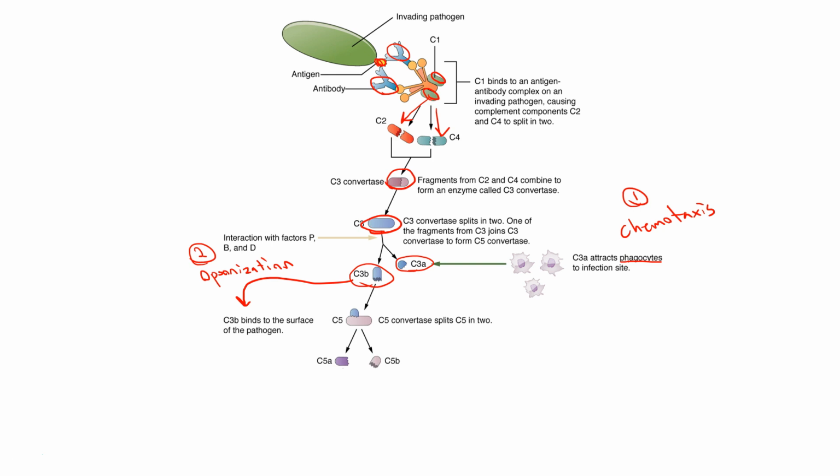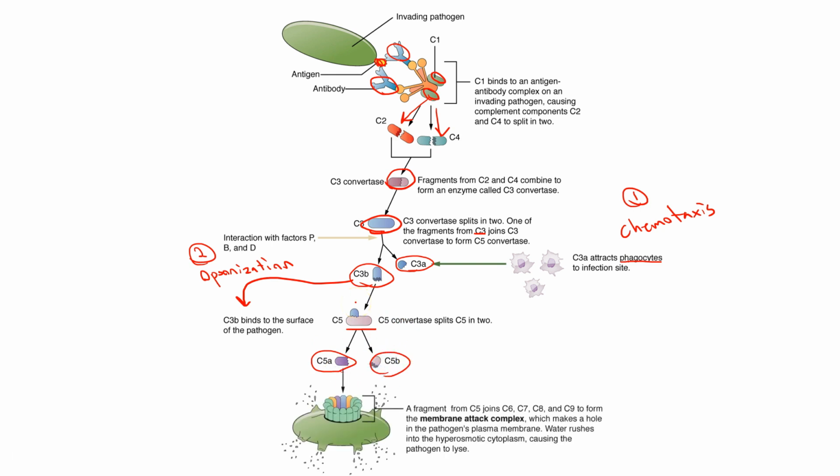So here's where we continue going on further. One of the fragments from C3, so either C3a or C3b, I don't know if it matters which is used, will bind back to C3, and that will form what's known as C5. And C5 is going to split and form C5a and C5b. One of these is the active form,